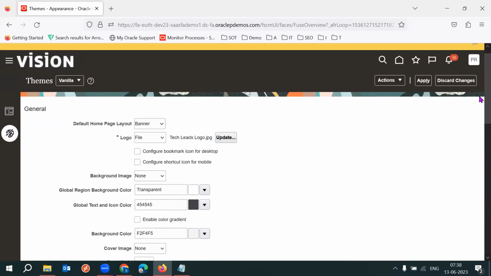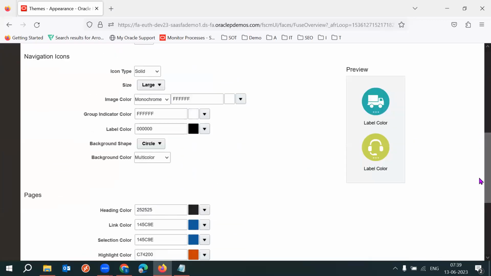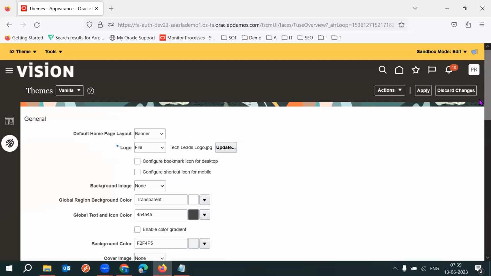So using this appearance object, we are changing the logo and we are changing the theme also. From default theme, we are selecting the vanilla theme. So this is our custom theme, right? Because on top of the vanilla theme, we have modified the logo and also we performed some changes here. This is a custom theme. So when you click on the apply button,